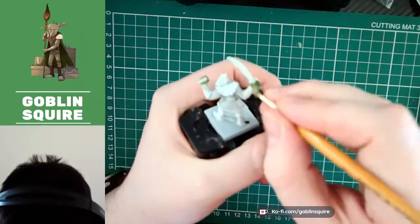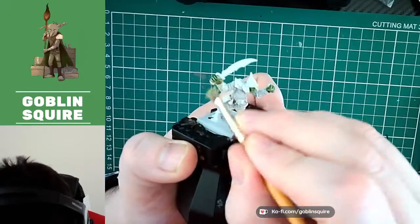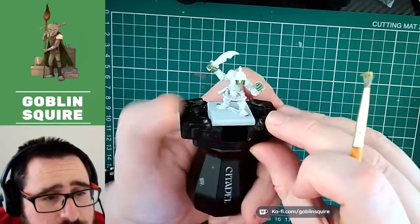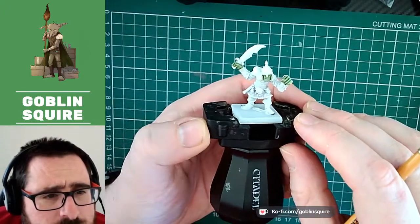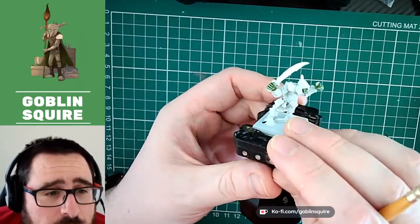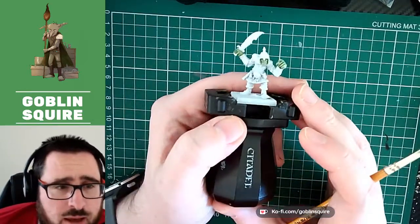Cool. So let's get a tiny bit more on here, and yeah, I think that at this point I'm quite happy with where that skin is. It has lightened it up quite nicely, and it has that pop to it which we weren't getting before because we hadn't put in all the highlights and lowlights. But that's a really quick way when you're doing something like this, where you're looking at it